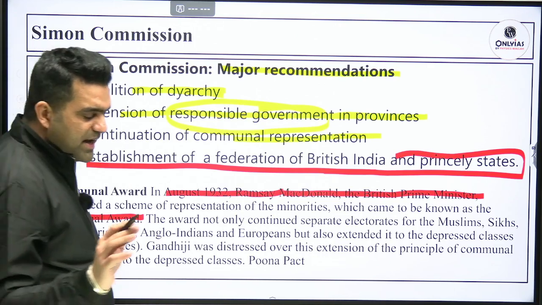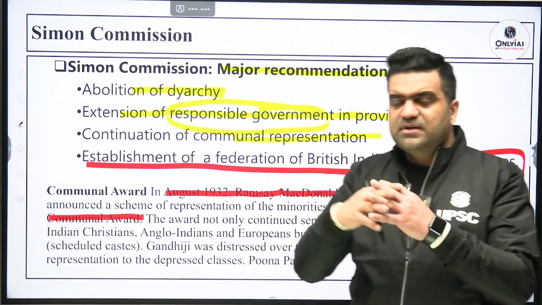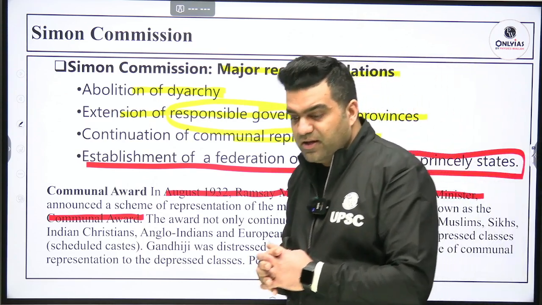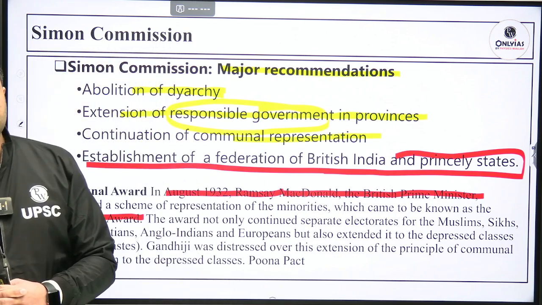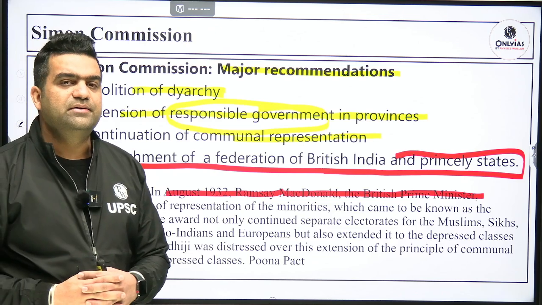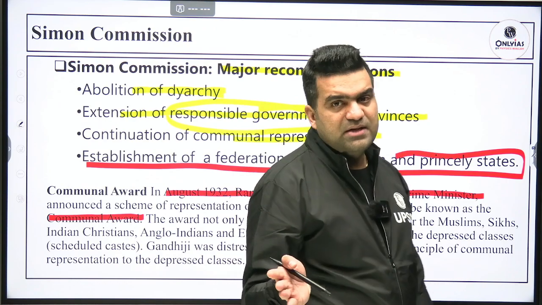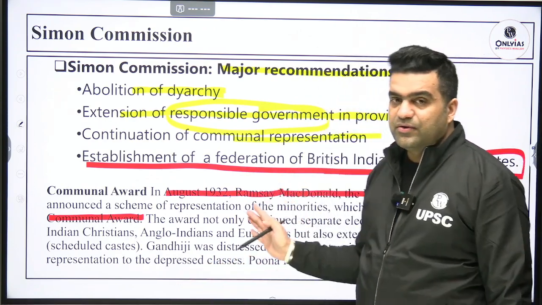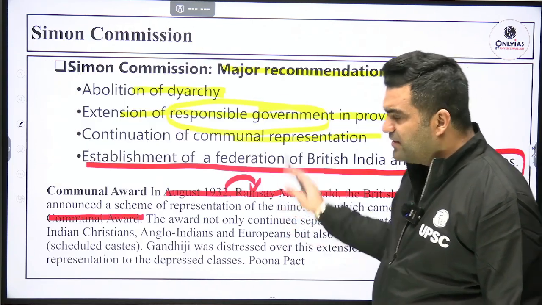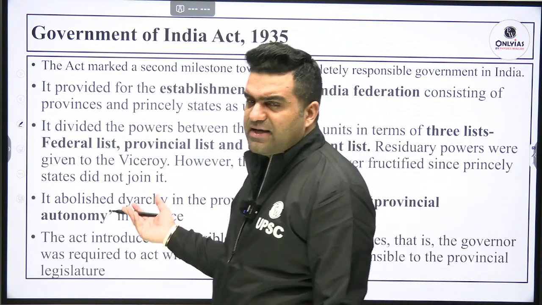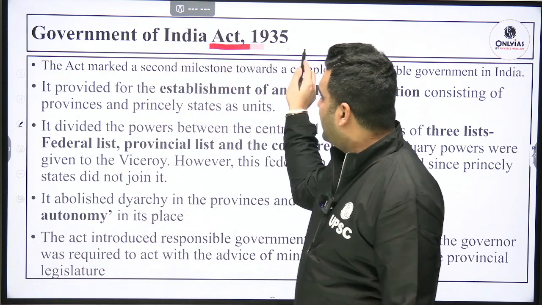Gandhiji was highly distressed with this, and ultimately it led to a kind of samjhauta, a kind of agreement between the freedom fighters and the depressed classes, and it is known as Pune Pact. The agreement was between Gandhiji and the leaders of the depressed classes that they would reject it. Okay, so communal award 1932 was sought to be rejected. Ultimately, 1935 Act. After that, we'll see 1947. That was mere declaration of independence. Okay, but 1935 Act becomes important.